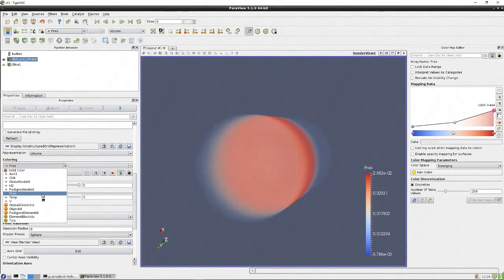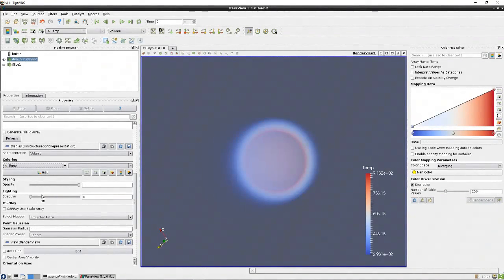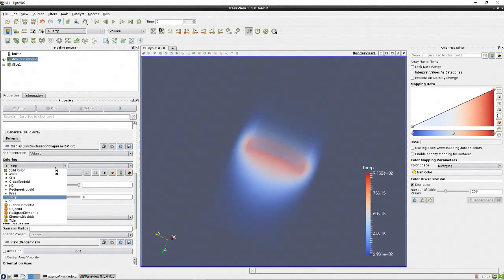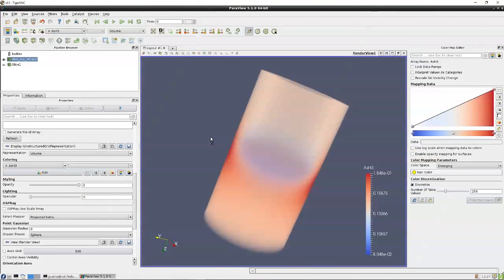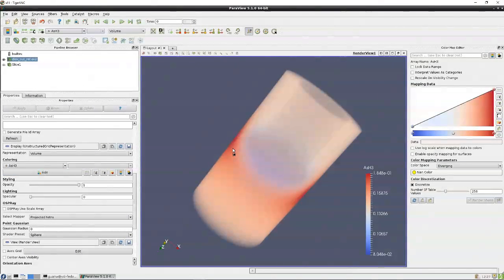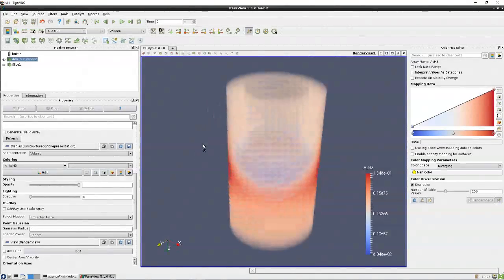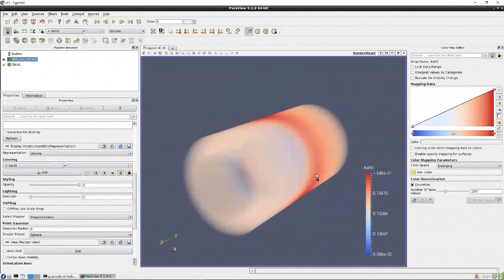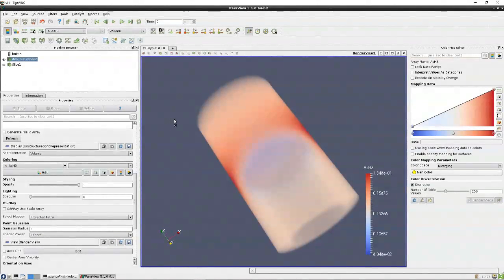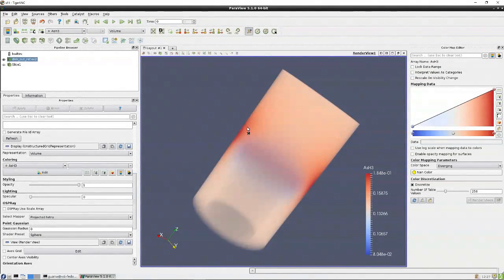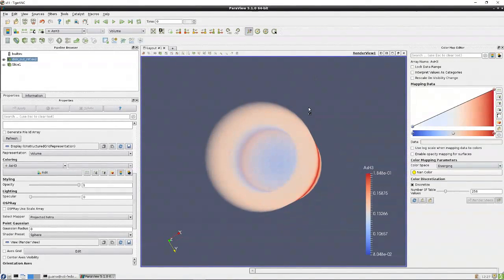Instead of pressure, you say, oh, I'm interested in some other things, like temperature. You see temperature has a different distribution. You can use some others. I don't know what ASH3 is, but it's just some scalar property. So here I'm showing you how to display different